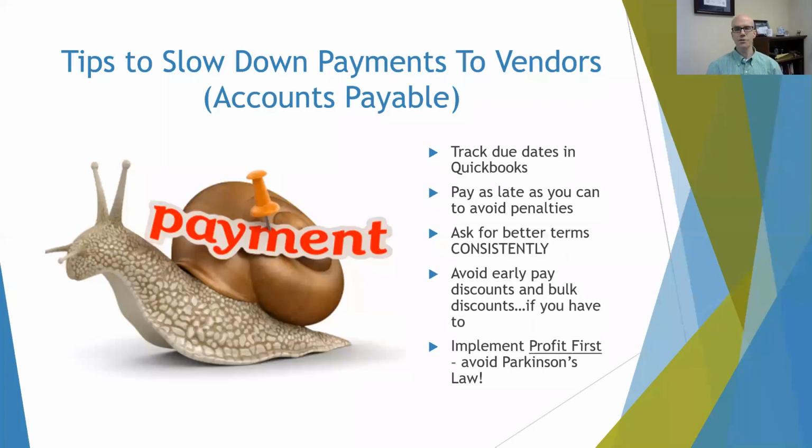Next, ask for better terms consistently. A lot of vendors will give you terms of 15 days or 30 days. You need to, on a consistent basis, ask for better terms. What I like to do is ask for better terms every 2 months, okay? Because as you start to show a consistent payment history, they're going to be more apt to give you these